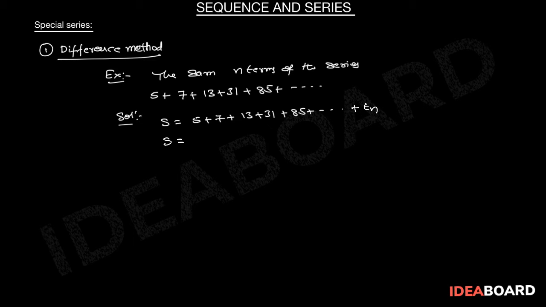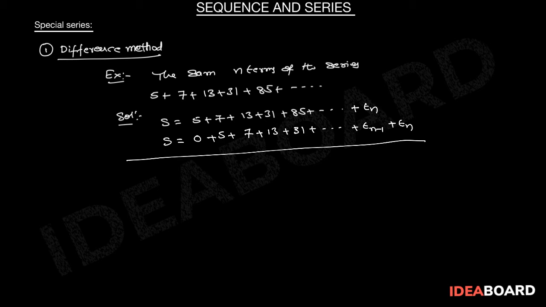Again S starts with 0 plus 5 plus 7 plus 13 plus 31 plus and so on plus n minus 1th term plus nth term. So subtracting the above series,